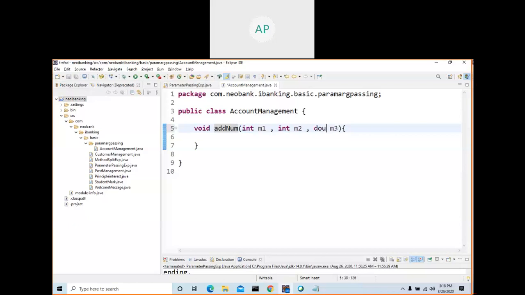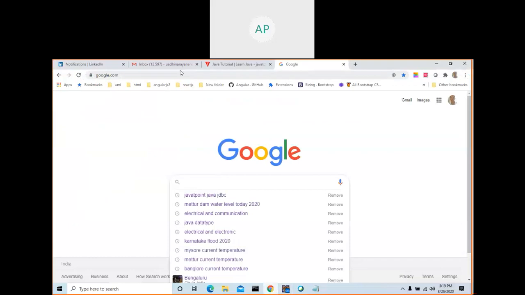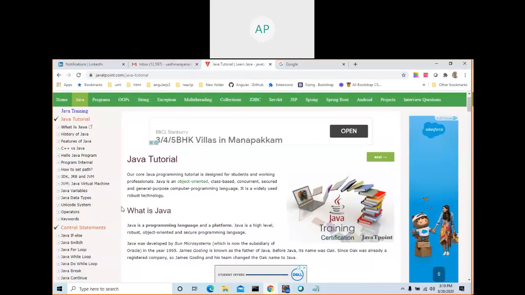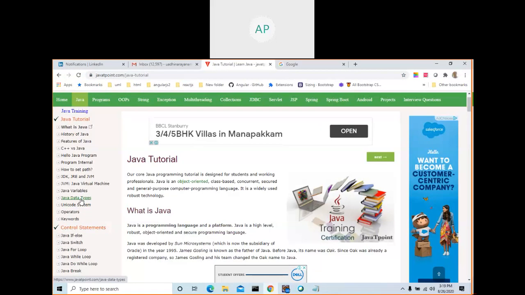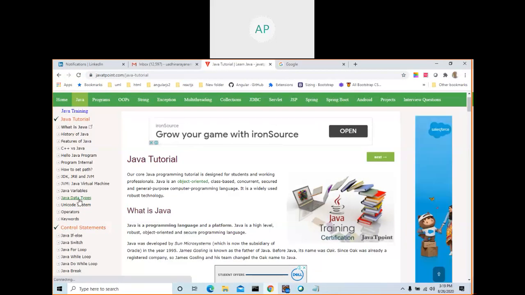The third one can be double, anything, any data type: double, long, anything. As of now we will make it int. Already I showed you what data types are available in Java. Go to Java data types and click this one.